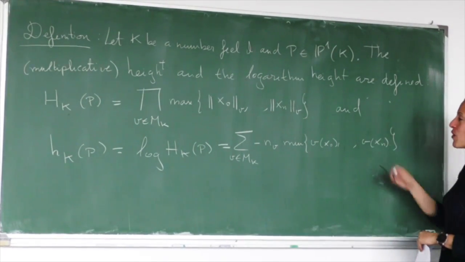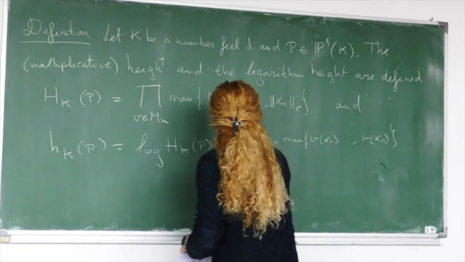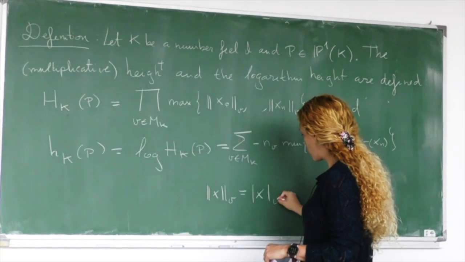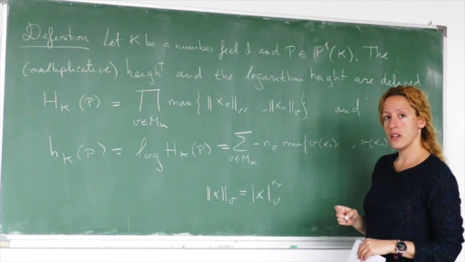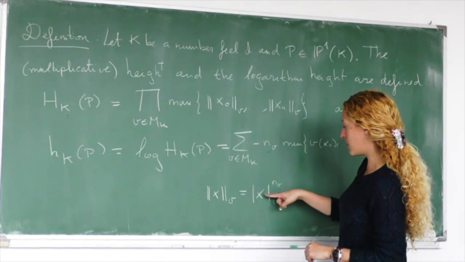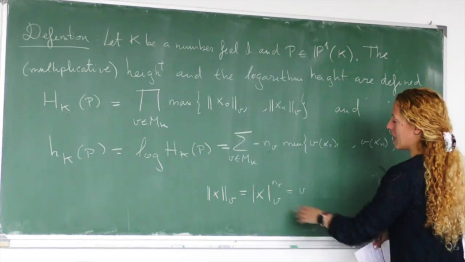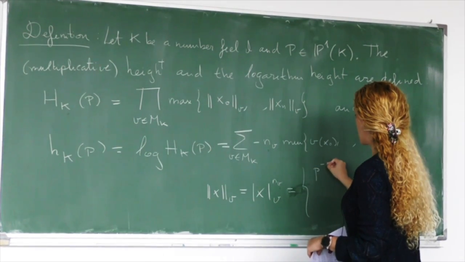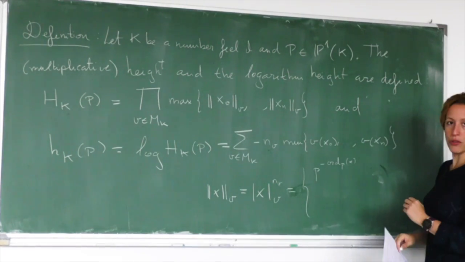Okay? What I did here, I just take the logarithm here. But recall that in general this is equal to the local degree, so it's the local degree that comes up here, and here it was equal, so we had the evaluation, right? So this was equal to, if it was a p-adic thing, p minus the order of x at p, and the evaluation was coming from here.